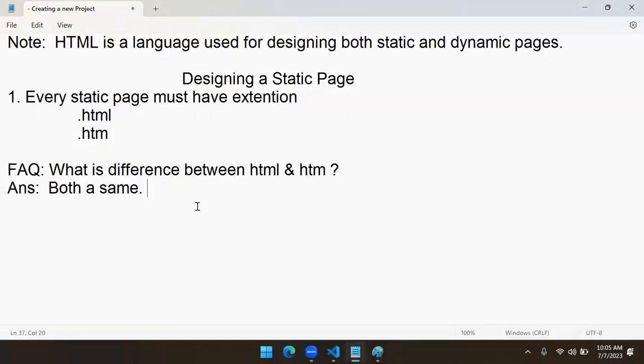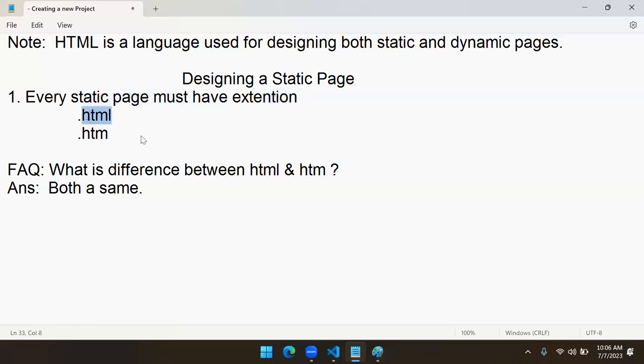If we don't use that, why have they given that option? Why did people like MS Word give an option to save as web page? That means many developers follow that. They don't waste time. They design in Word and Excel, and because Excel is very popular in invoice designing, right? Bills, invoices. We design bills and invoices, and we just publish them as a web page. That is a very convenient and easy way. So technically, first basic rule, every static page must have extension